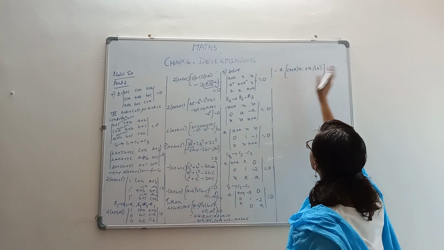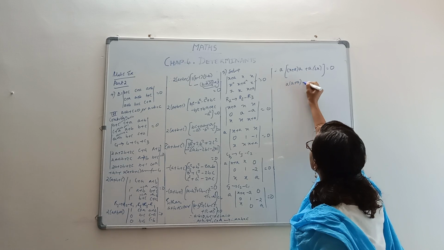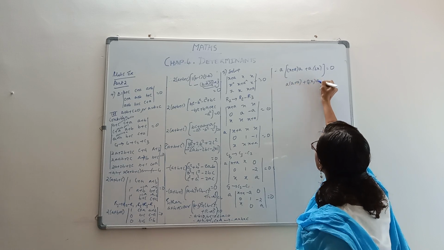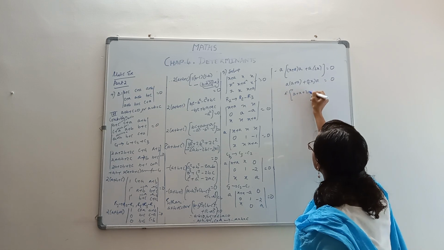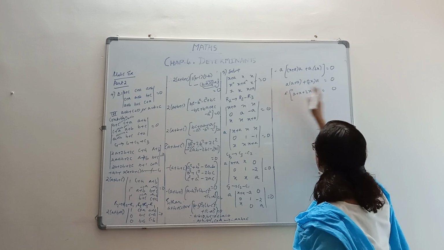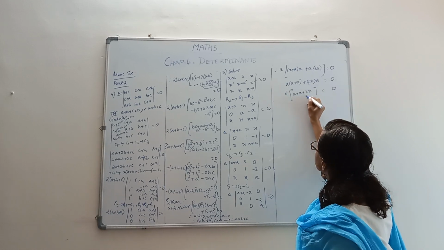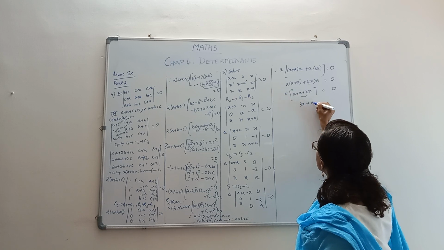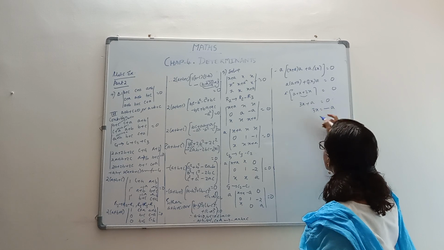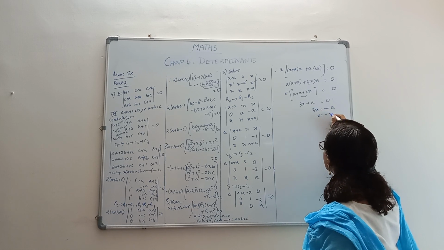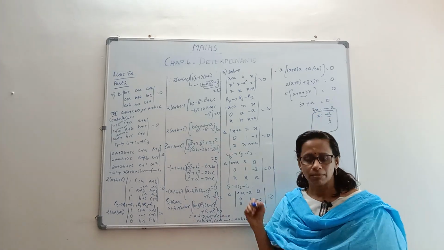Now this a can be dumped here by dividing. So you are getting now a times a plus x plus 2x times a. Again you can take the a common. So you have a plus x plus 2x. Because the a is common, again that can be brought here as division and that will go out finally. It will become 0 by a, 0. So you are left with x plus x plus x, 3x plus a equal to 0. So 3x is minus a. When the a goes on the other side, x becomes divided by 3. That's the answer. The value of x is minus a by 3.